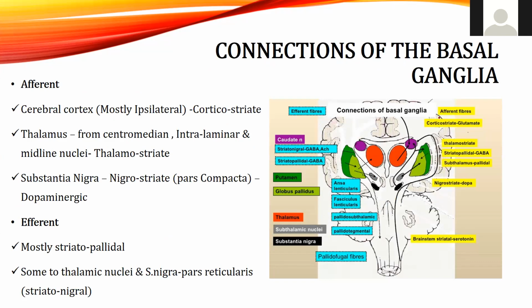We then pass to the connections of the basal ganglia. To talk of connections, we have to know that in any connection in the brain, we have the afferent connections and the efferent connections. The afferent connections of the basal ganglia are mostly made up of the cerebral cortex, the thalamus, the substantia nigra, while the efferent connections are mostly made up of the striatopyramidal,